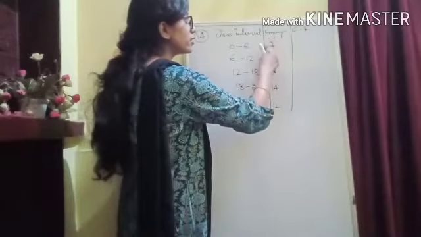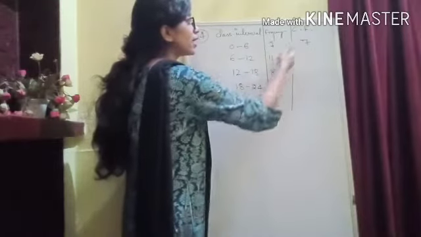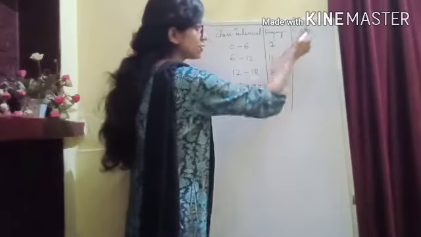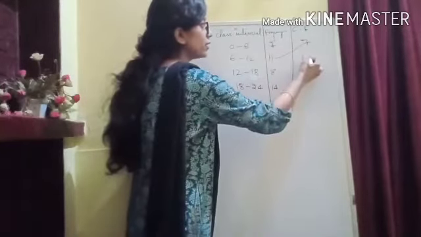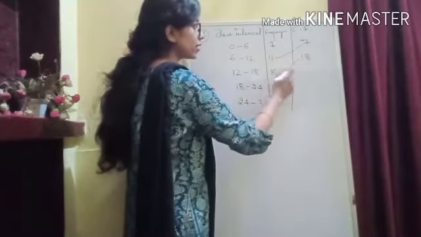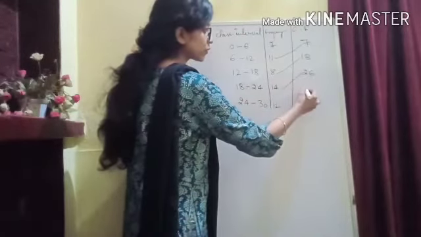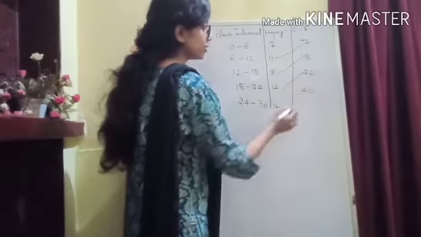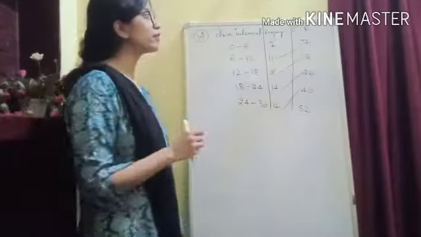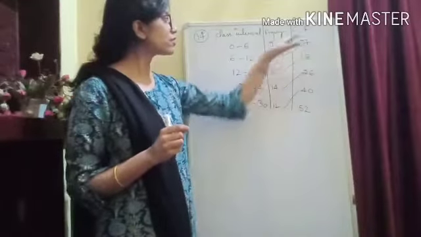The first entry in the frequency will be written the same, 7, and then we will be adding diagonally. We add this 7 to 11, so 7 plus 11 will be 18. Then to 18 you add the next entry, 18 plus 8 will be 26. Now 26 plus 14 will be 40. Then 40 plus 12 will be 52. Clear? So every time to prepare a cumulative frequency, the first entry would be the same, and then we start adding diagonally.